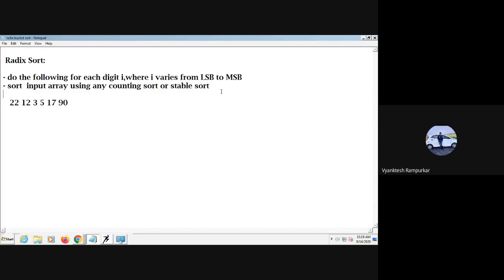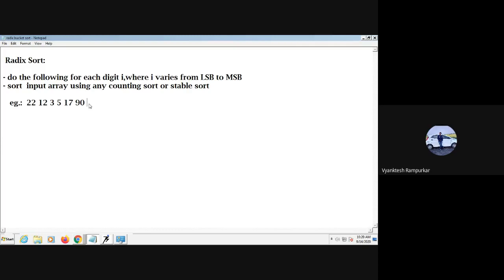What do you mean by this? For example, suppose this is the array which we have been given: 22, 12, 3, 5, 17, and 90.